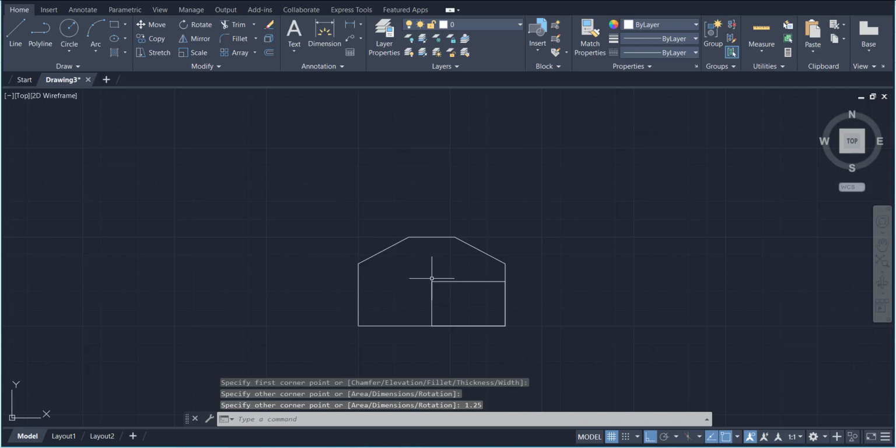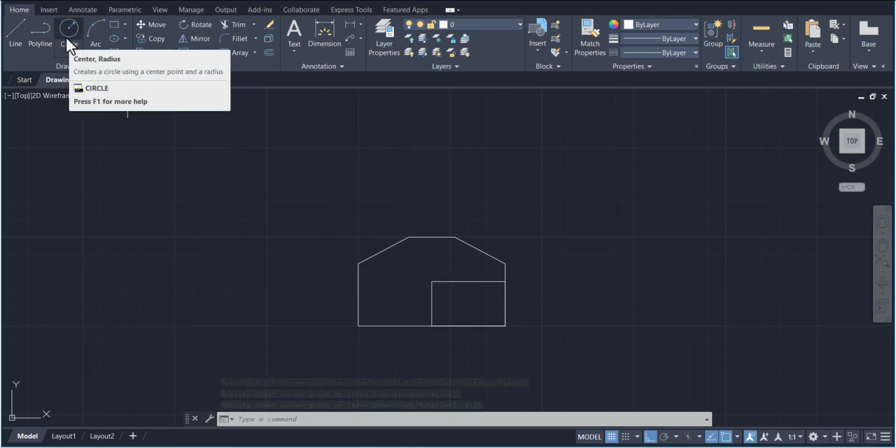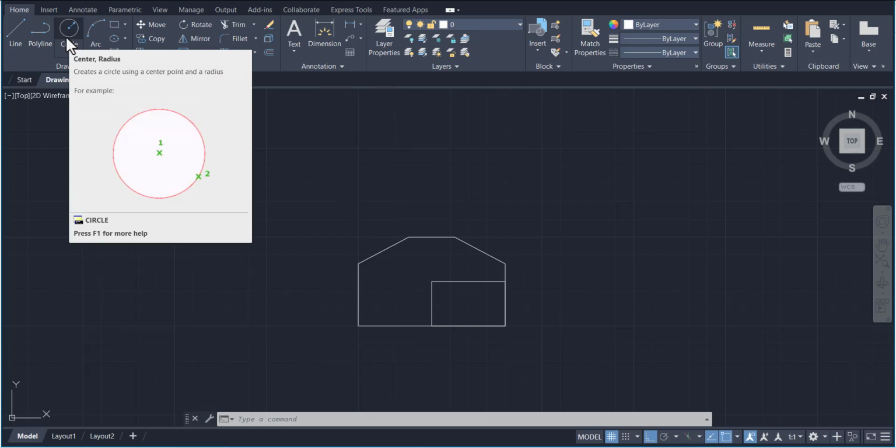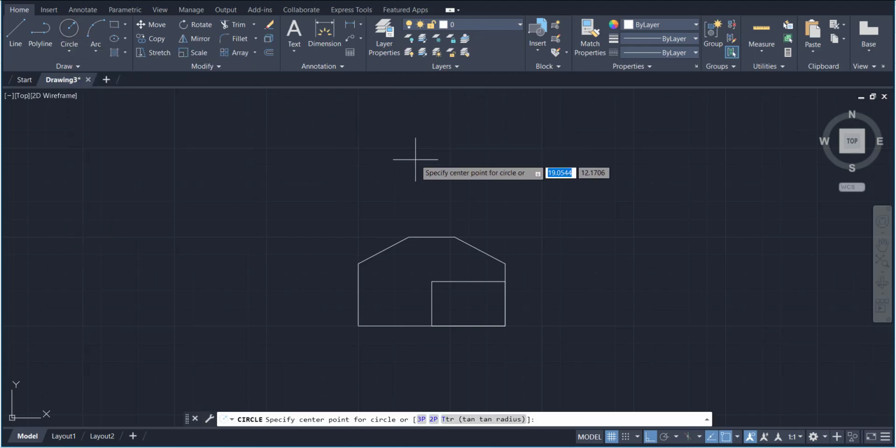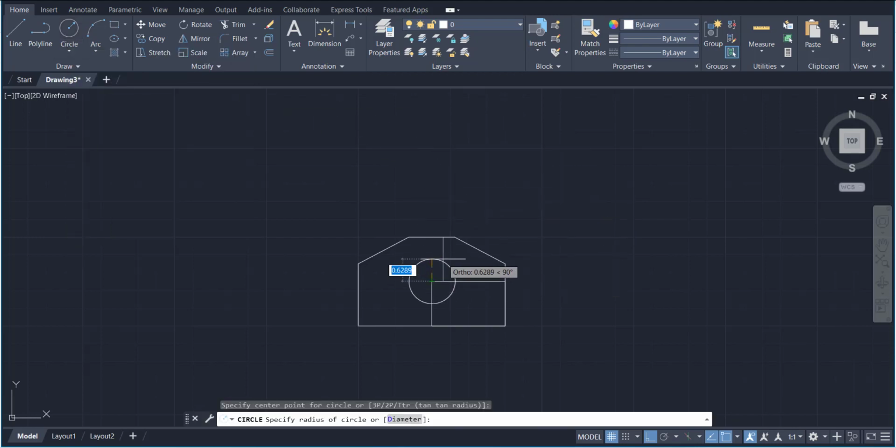So it will give us this point where we have to draw a circle, and for this circle, we are going to select the circle tool, and from this point we are going to draw this circle. So the dimension of this circle is given, and we can make it like